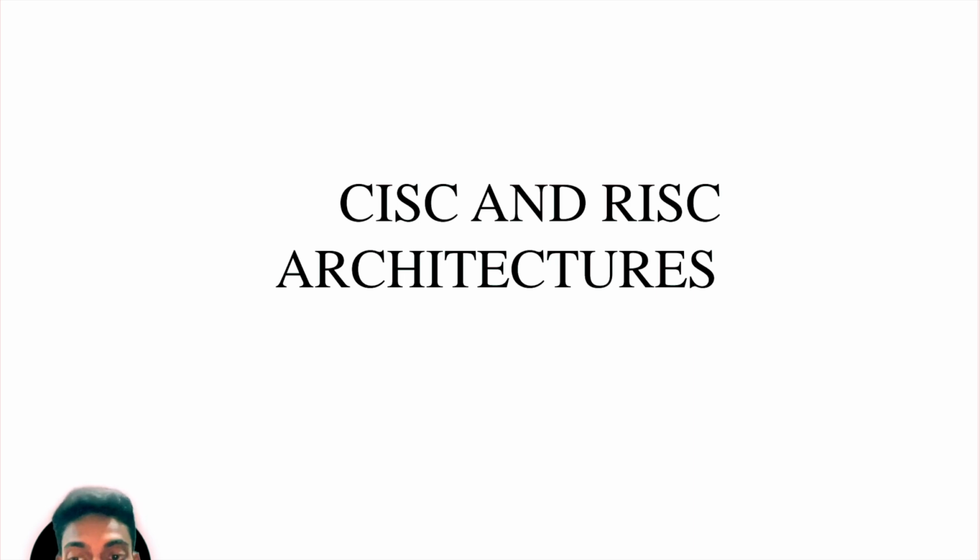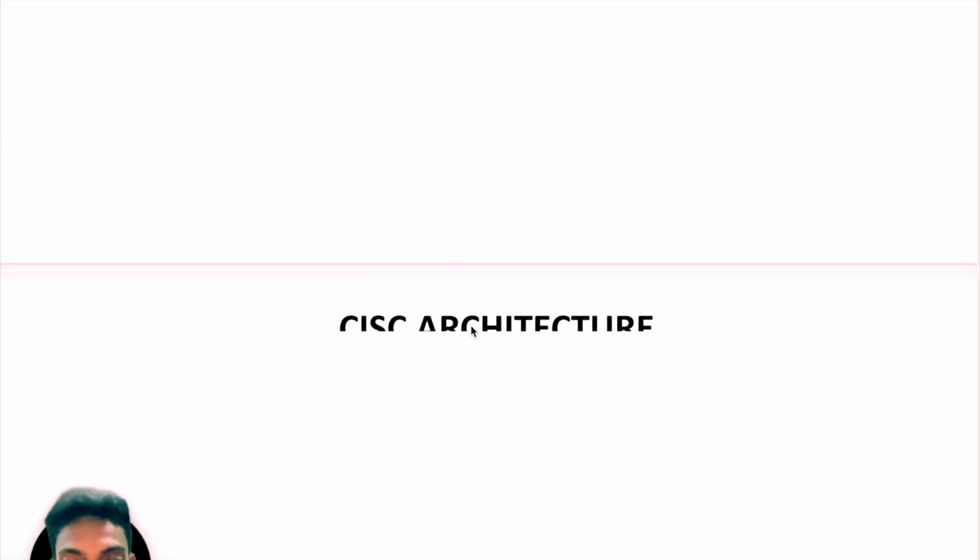Today, as a part of the Computer Architecture and Organization syllabus, we are going to discuss the difference between CISC and RISC architectures. So, what does CISC stand for? CISC stands for Complex Instruction Set Computing, whereas RISC stands for Reduced Instruction Set Computing. So, why does it matter? What is its implication in real life? That's what we are trying to understand. How do these architectures differ fundamentally, and in which use case do we have to utilize them?